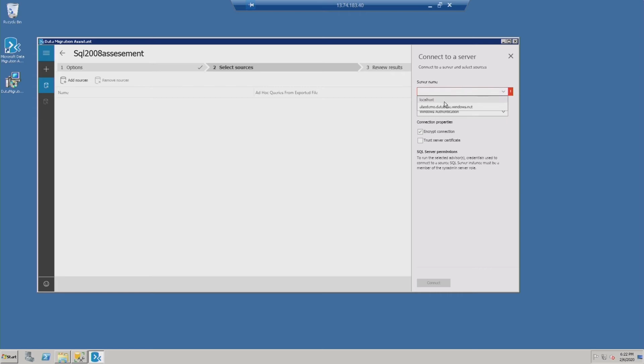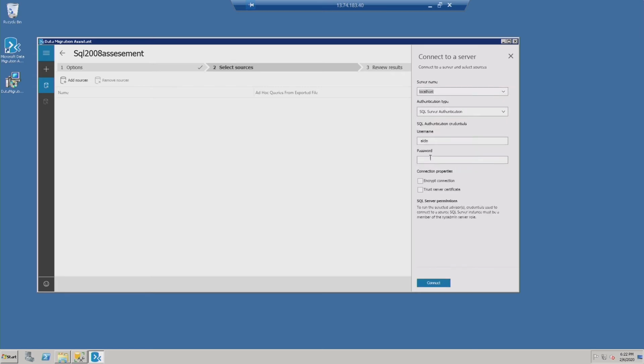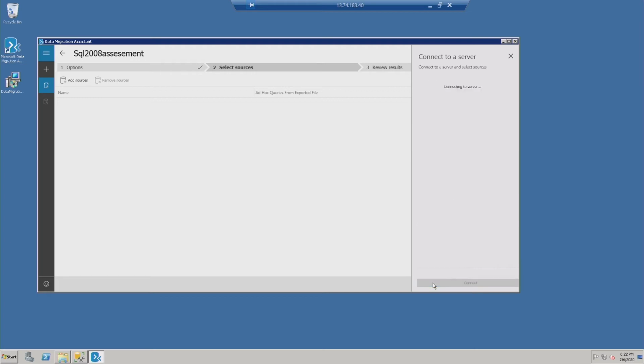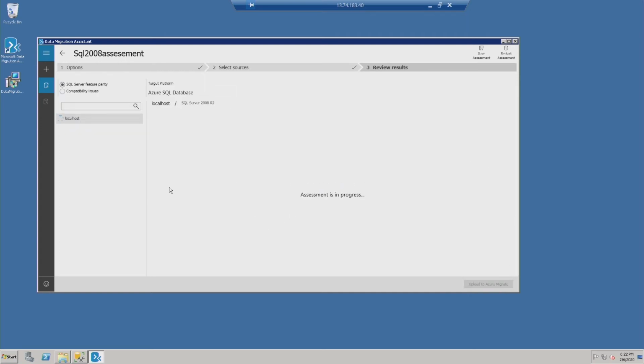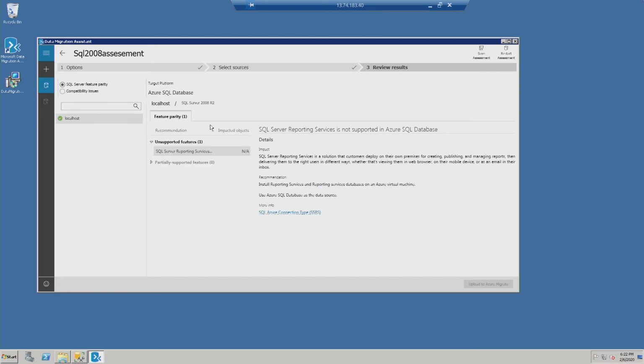We use several options. So provide connection parameters. In this case, it's located on the same machine, so we could use a localhost. And we see our database Contoso Migrate. So let's add it to our assessment and start assessment. And it will show us all the compliance issues, if any, and whether it is ready for migration for our chosen destination. In this case, we see that there is